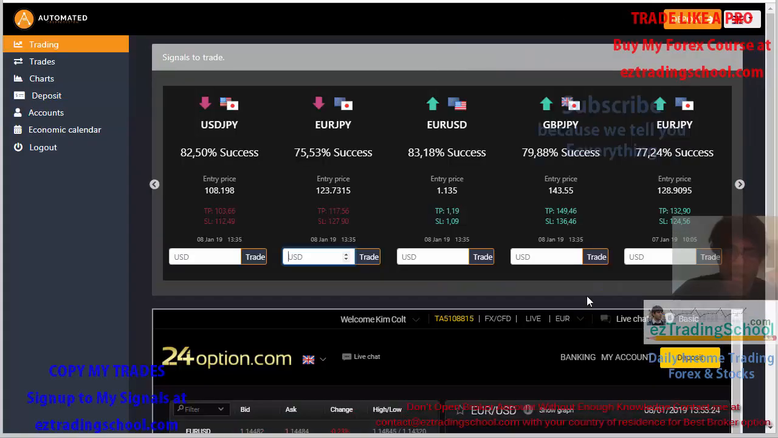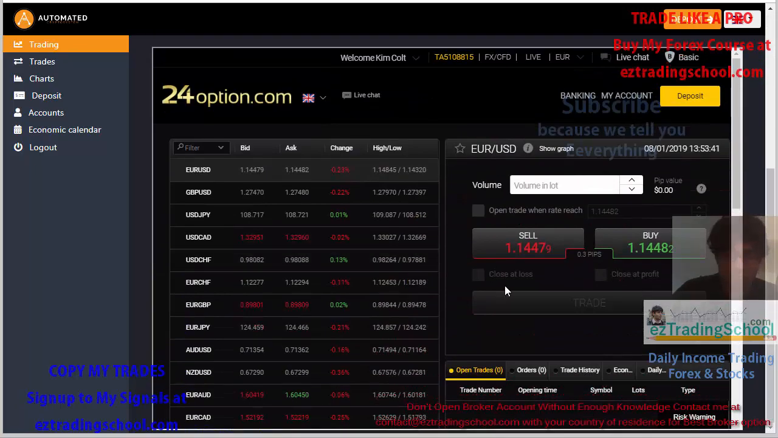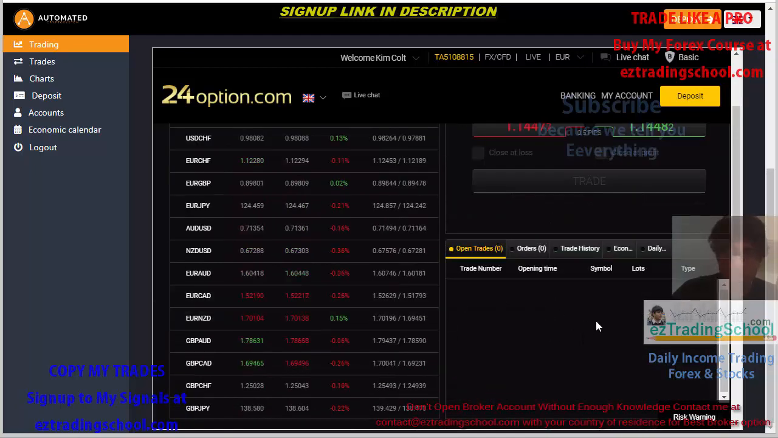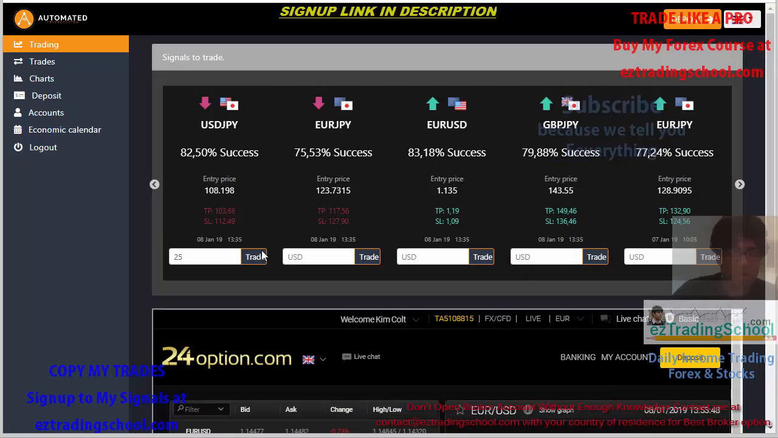Okay, so now the first one that I have is USD JPY. I'm gonna see if I can put in $25, hit trade, and when I hit trade, I'm not sure if it's gone here, so my open trades is not there. So I did suspect that